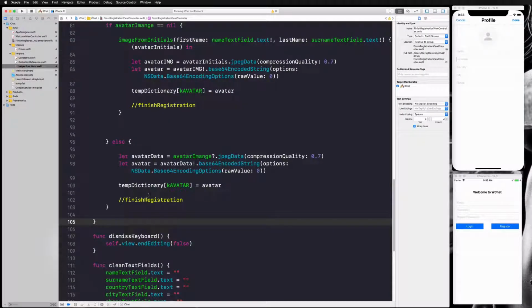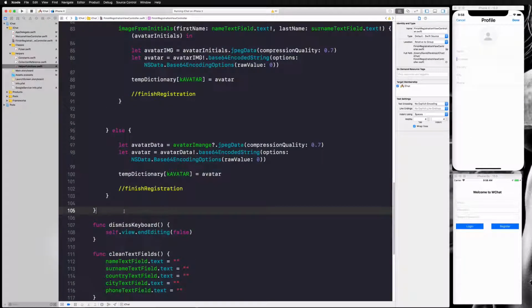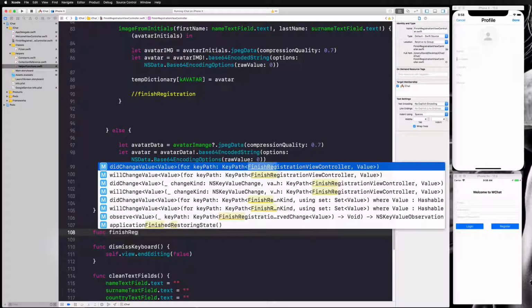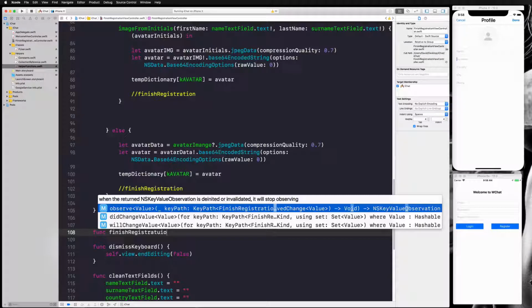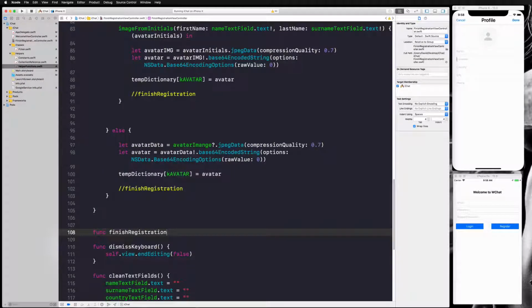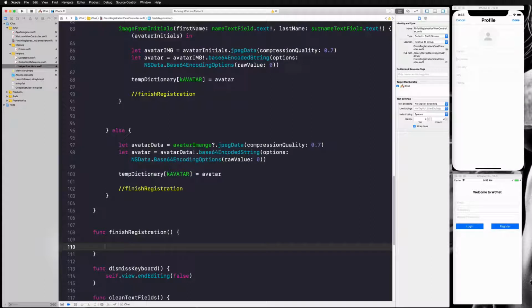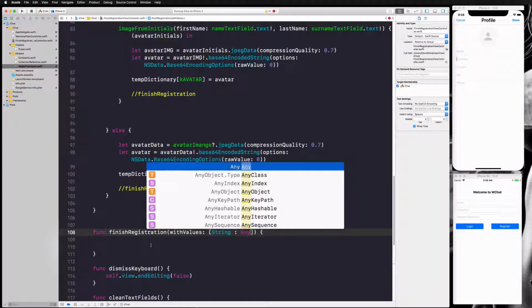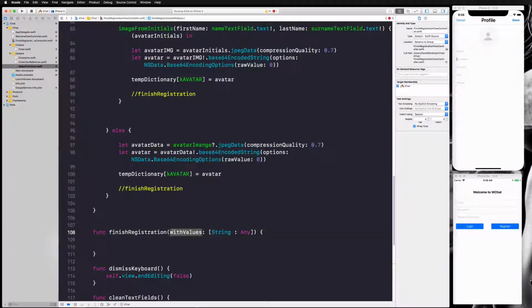Okay, let's create this function that will finish the registration. I'm going to do this right below here. I'm going to call this func finishRegistration. Actually, it does take a parameter, which is withValues. This is going to be a dictionary. It's going to have a string as key and Any as value. So we will pass here our updated dictionary, and this will save it to our local device and